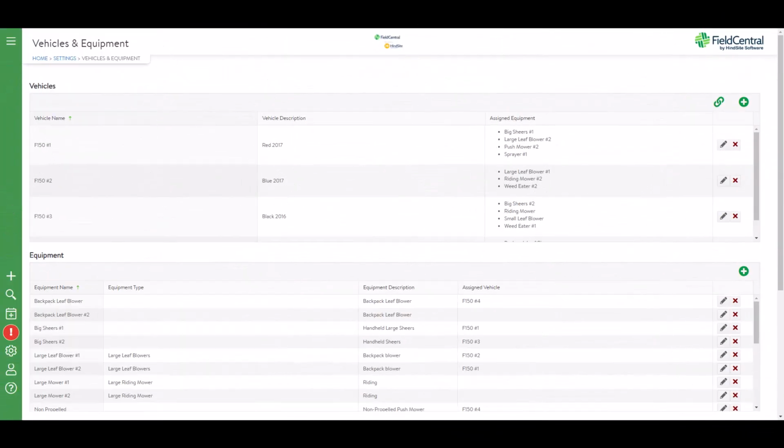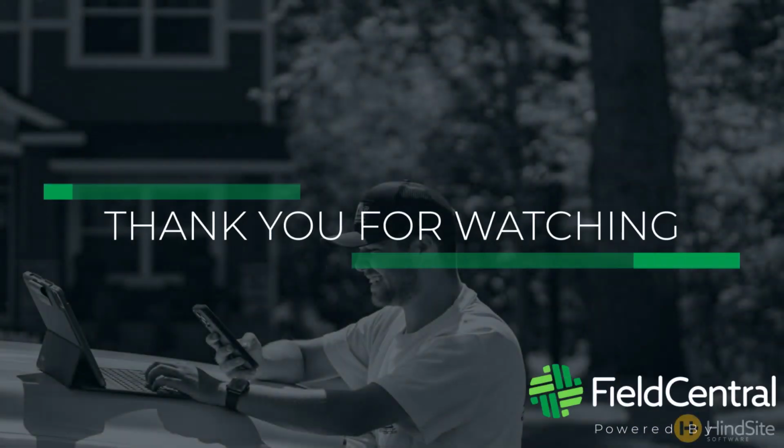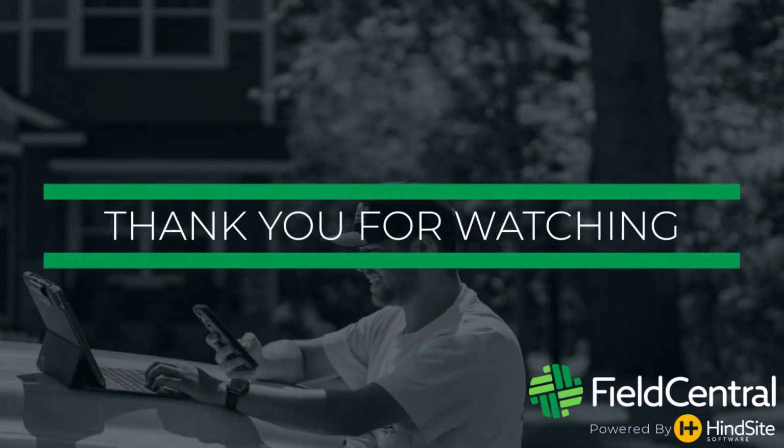If your crews or vehicles have different equipment and specific properties require certain types of equipment, setting up your company's vehicles and equipment could help save you and your team time and headaches. Knowing ahead of time if a scheduled work to do will be able to be completed by the assigned crew allows users to take immediate action to resolve if needed and prevent wasted time.